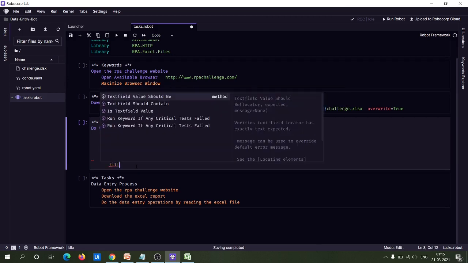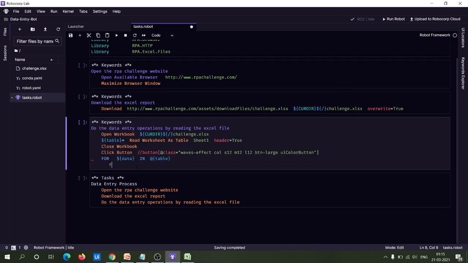So fill. Let me just specify the custom keyword as fill the data for one person. This is a custom keyword that I am going to develop, which will fill the data for a single person by accepting the argument as data, which is the row which contains the person information to be filled in. So let me specify the argument after two spaces. Now specify data,